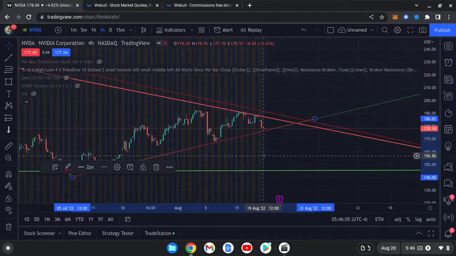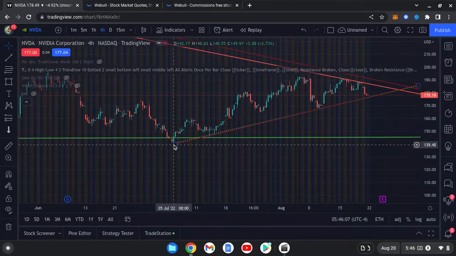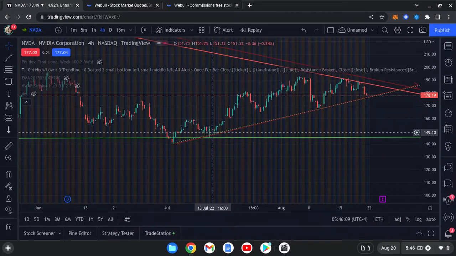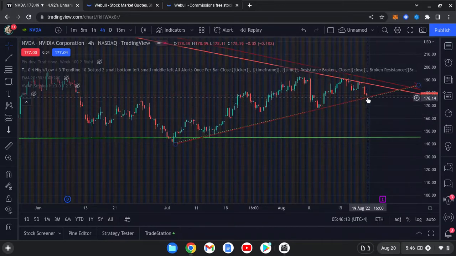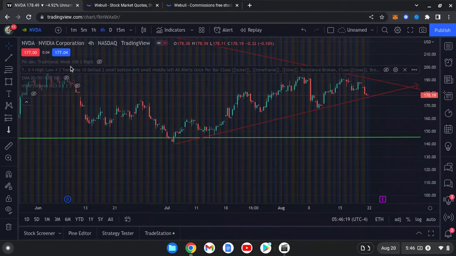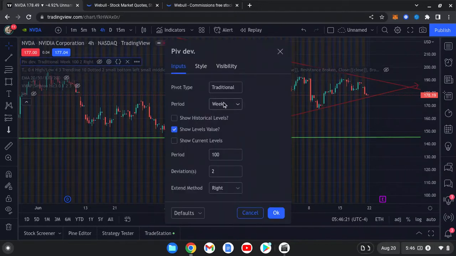And this is a good support level. We can see NVIDIA touched this trend line about 1, 2, 3, 4, 5, coming on to 6 for today. But obviously today is the day we traded. So that's all for our trend line. And then we hop on to